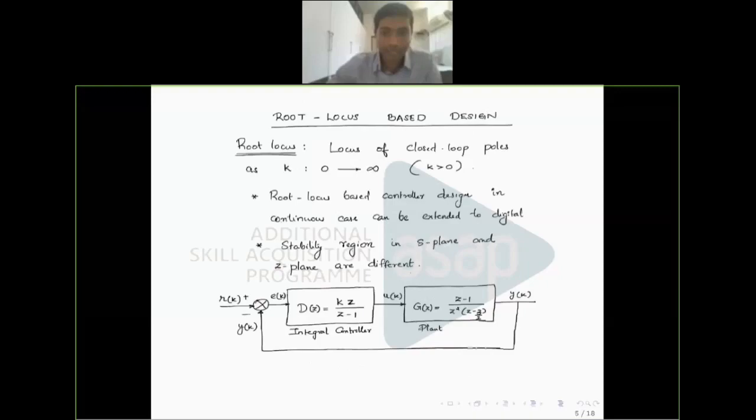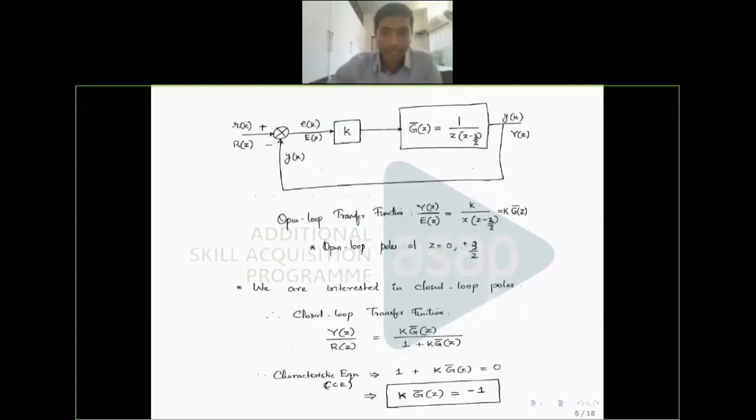Earlier in the continuous time case, we were dealing with the S plane. Now we are dealing with the Z plane. For the S plane, if the poles are on the left half of the S plane, then the system is stable. But in the case of the Z plane, it is inside the unit circle. So you need to be careful about that. Otherwise, designing the root locus in the Z domain is exactly the same as in the continuous time case. So now I am going into